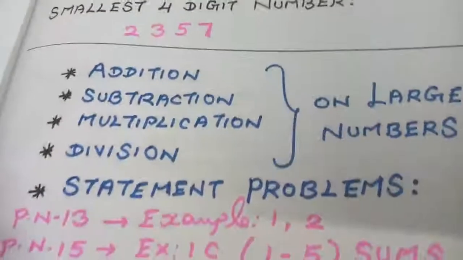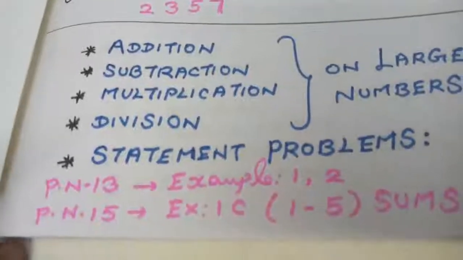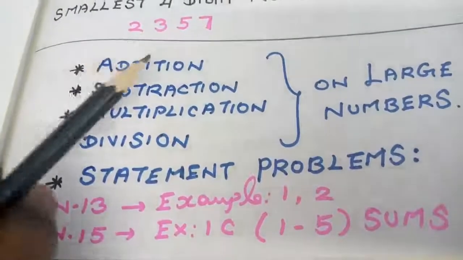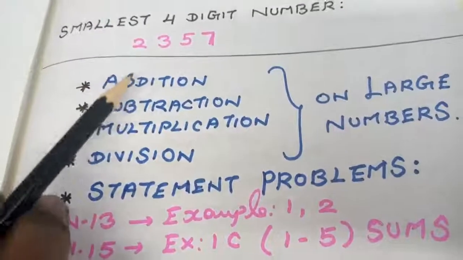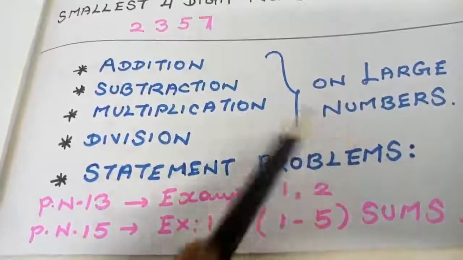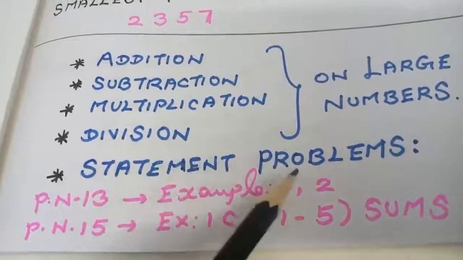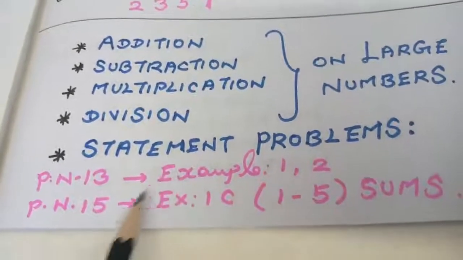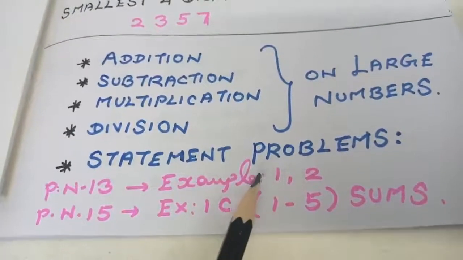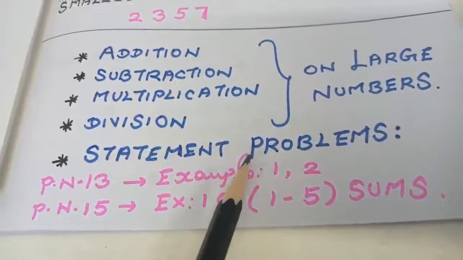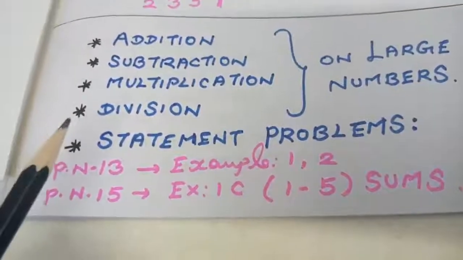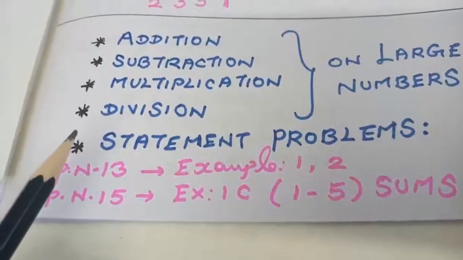So these are the concepts you have to be clear about while you are writing your test, students. And also I want you to be clear with the ideas of addition, subtraction, multiplication and division based on large numbers. And you are going to go through the statement sums which are given on this page number in your book. You must be thorough with the statement sums. You are going to go through all these concepts which I have given you in the revision also. Be thorough with these concepts, and based on this you will be having your test.